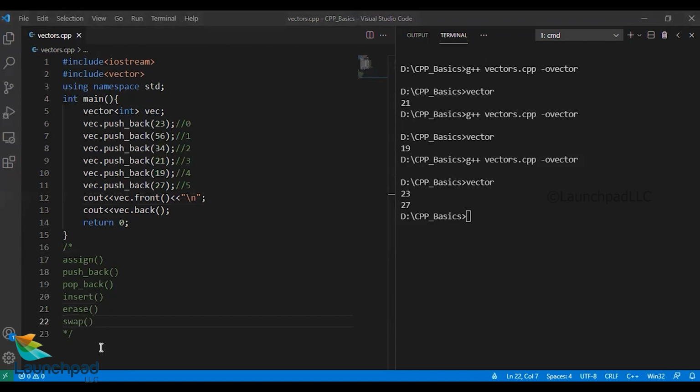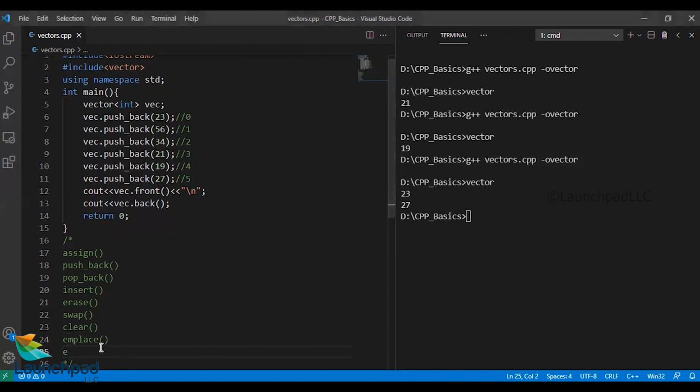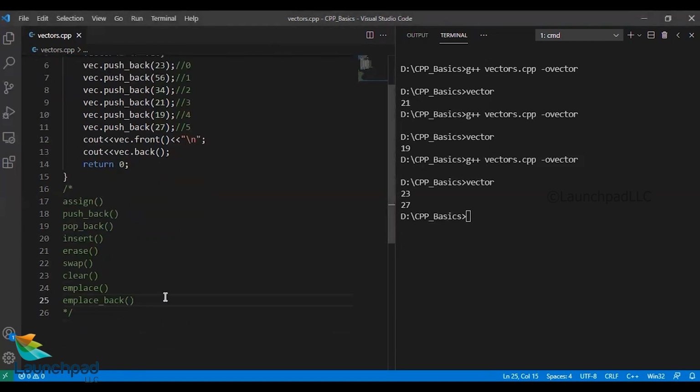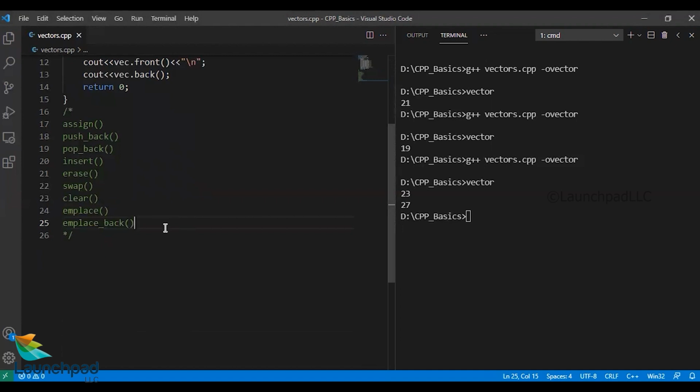Swap is used to swap the contents of one vector with another vector of the same type. Size may differ. Clear is used to clear the vector. Emplace is another function which extends the container by inserting new elements at the position. And emplace back is another similar function, and the only difference is the new element is inserted at the rear end.